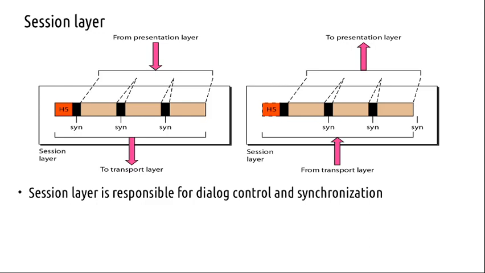The same thing happened in the session layer and the presentation layer. These are very vague. The OSI model is full of ambiguity regarding what the session layer is. Dialogue control and synchronization. Dialogue control in the sense of who speaks first, which process is to speak, which sender or receiver can speak. And also clock synchronization between these two parties. That is the session layer.